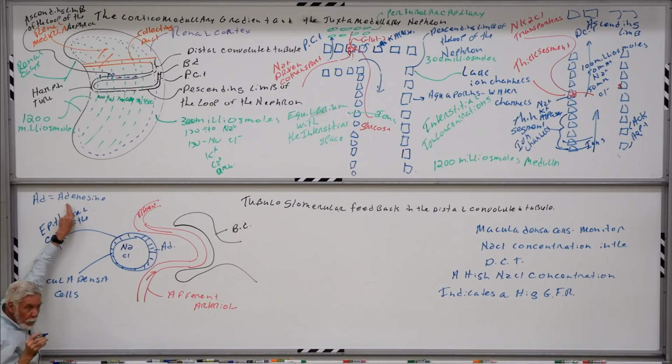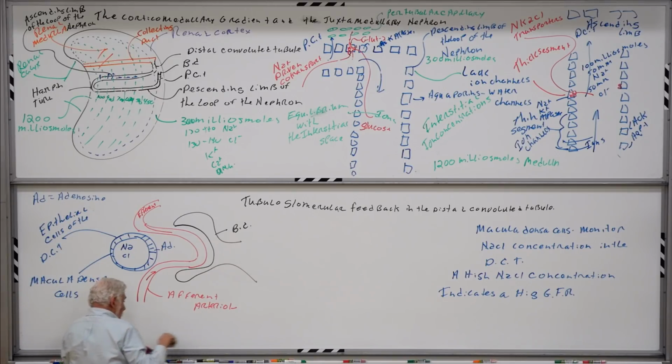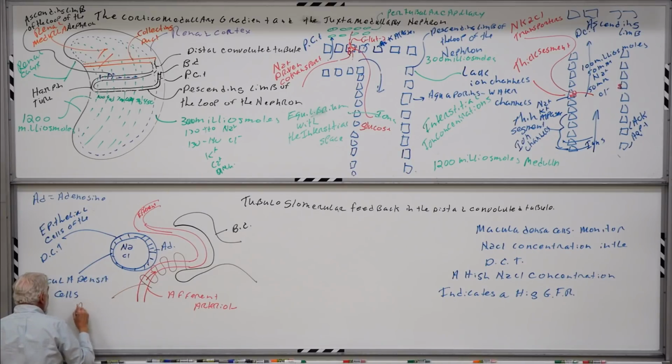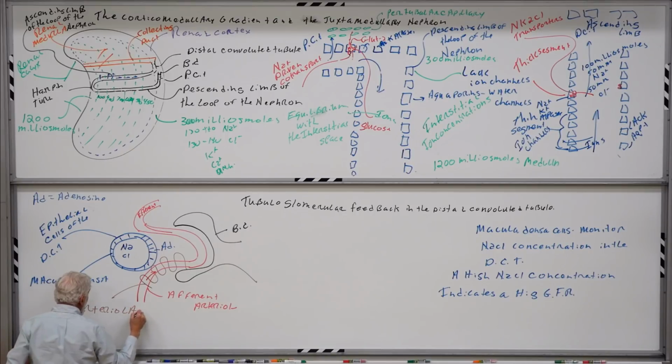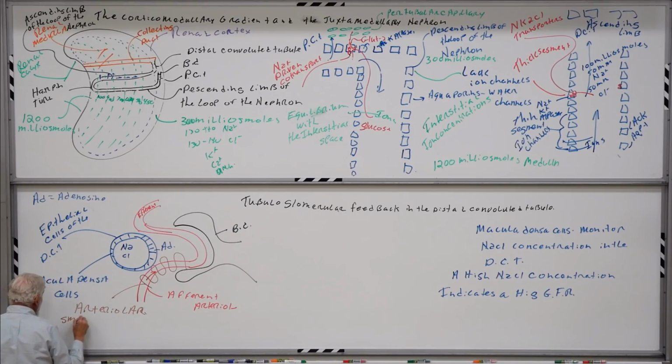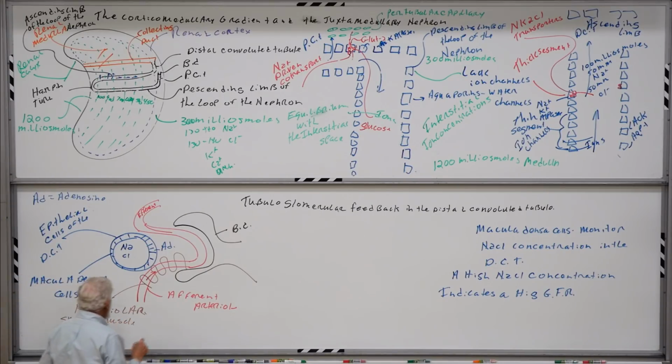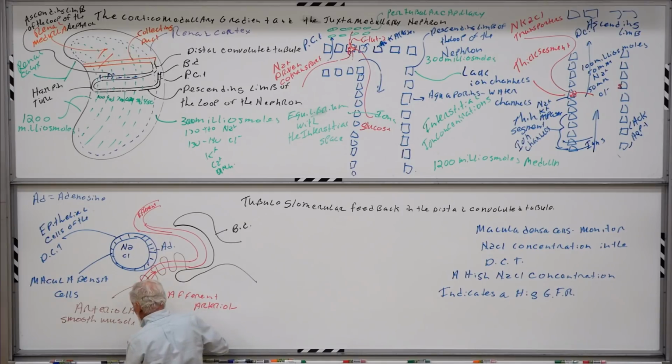Adenosine is like a local hormone. It's like a paracrine effect. The adenosine now will bind to receptors on what I'm going to show here as this snaky structure, being the smooth muscle, the arteriolar. This is intended to be the arteriolar smooth muscle. On this arteriolar smooth muscle